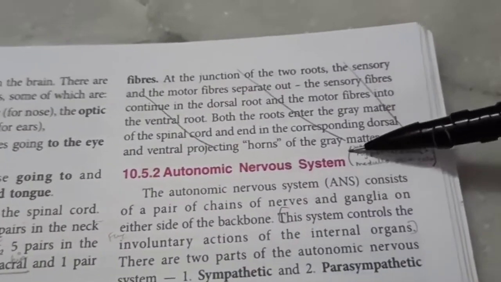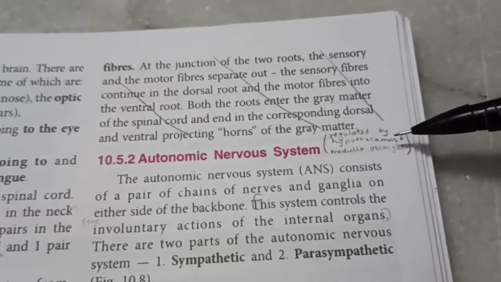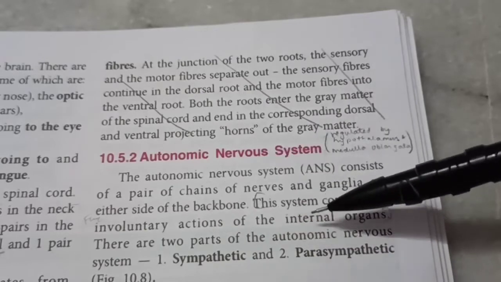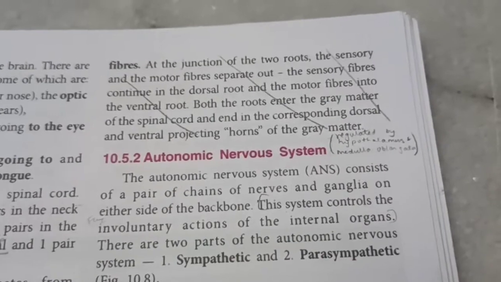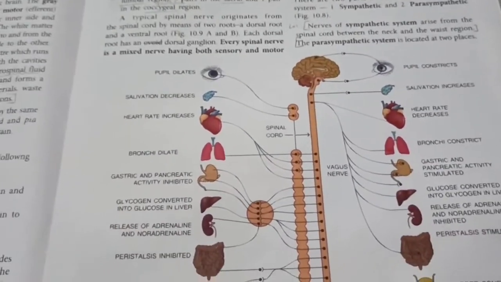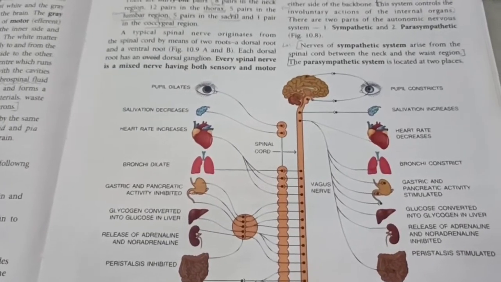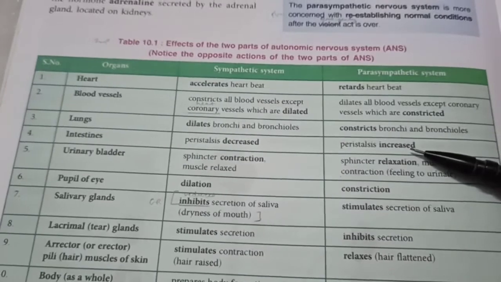Now, the autonomic nervous system is totally out of our control, and that is regulated by the hypothalamus and medulla oblongata. They control the involuntary actions of the internal organs, which can be either sympathetic or parasympathetic. You can see the various actions taken by the autonomic nervous system. You may study that with the help of this table,